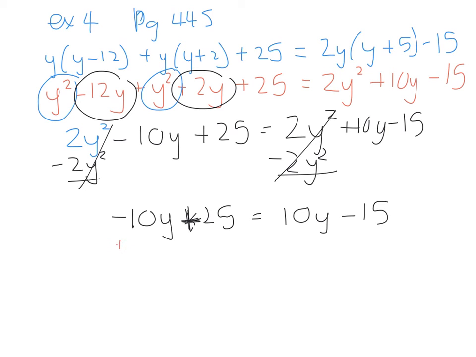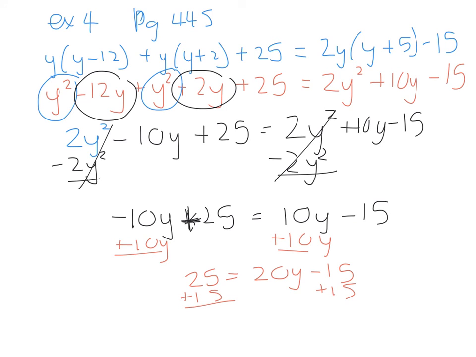I'm going to add 10y to both sides. That gives me 25 = 20y - 15. Then I have to add 15 to both sides, and I get 40 = 20y. Divide both sides by 20, and y equals